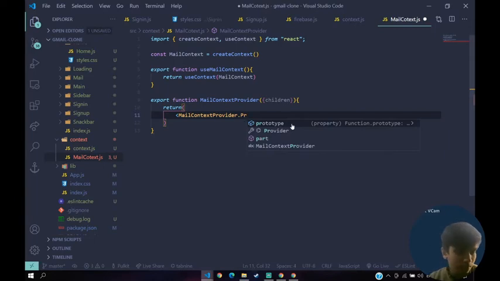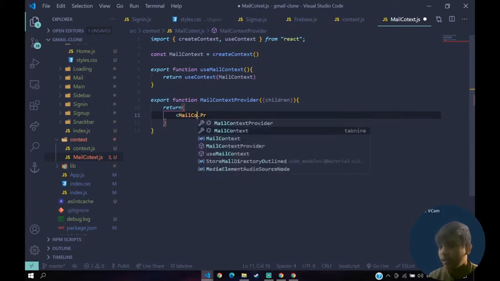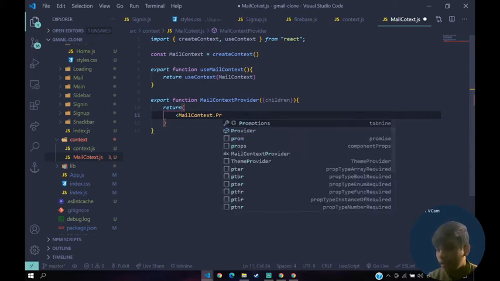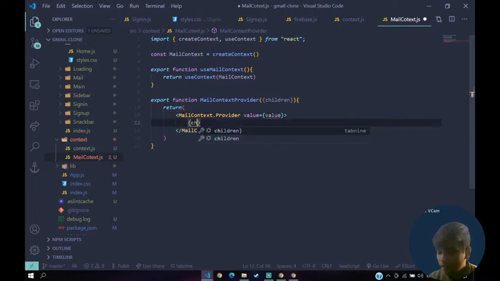No, okay, provider has to be, one second, let me check. So I think it has to be MailContext.Provider, which has a value, which we're going to create soon, and then here we're going to render our children.